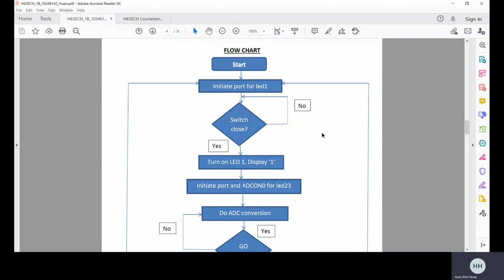Okay, I'm going to explain the flow chart for the back conveyor driver. Right, let's start from the start icon. First, we have to initialize the port for the LED, and then before we reach the first stage, which is